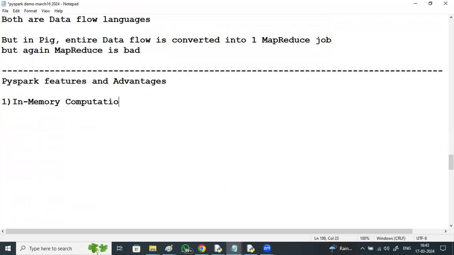So that is a Spark feature. We don't have this in Pig. And what is the advantage of Spark over Hadoop? What do you get in Spark that you don't have in Hadoop, right? Distributed, right? Distributed execution.